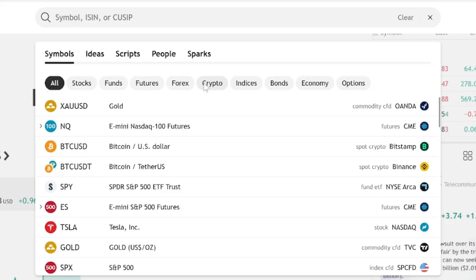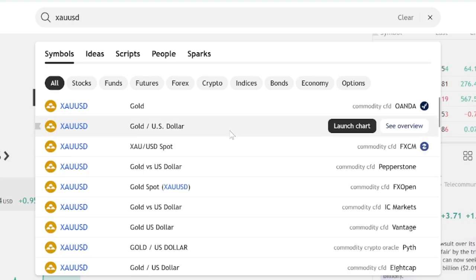If you're trading crypto, you're going to leave it at crypto. But if you're trading futures, you can leave it at futures, so you can get futures stuff. So basically, I'm going to leave it at all, and then I'm going to search XAUUSD. So if I go ahead and search XAUUSD, now I'm going to see different brokers who have XAUUSD on this,